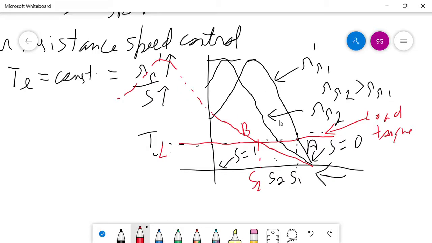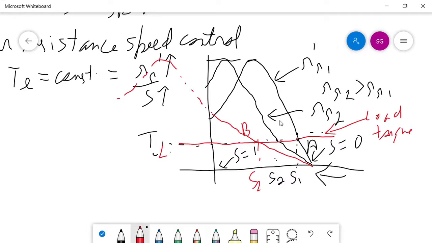So this is how we can change the operating point of an induction motor, of a slip ring induction motor, by inserting rotor resistance. But there is a drawback of this speed control. As we know, the rotor resistance has increased and the rotor current is maintained constant. So there will be higher I square R loss in the rotor resistance and the efficiency of the drive will reduce. So there will be more losses.